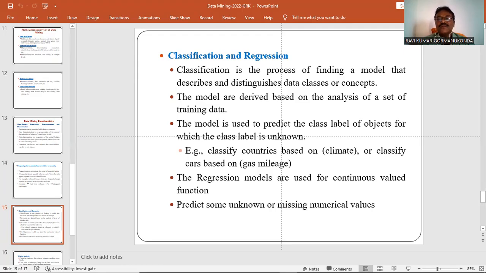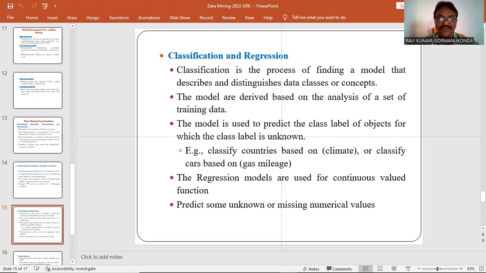Suppose he analyzed 2000 people, and that data is used to build a model with labels, showing which cases are positive and which are negative for diabetes. Then he trains the model and tests it with testing data. If the accuracy is at an appropriate level, the model is applied to unseen patients. When a new patient comes, the data is entered immediately and the model predicts whether diabetes is positive or negative.